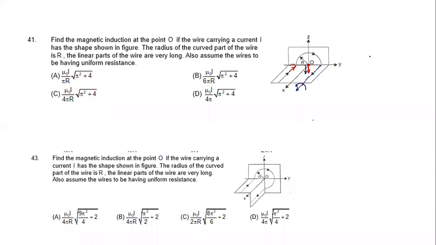And what is the magnitude of the field? It will be equal to half the infinite wire. For an infinite wire it is mu naught I by 2 pi d. Each one will be half of this, but we multiply by two of them. So both are in the minus k cap direction.